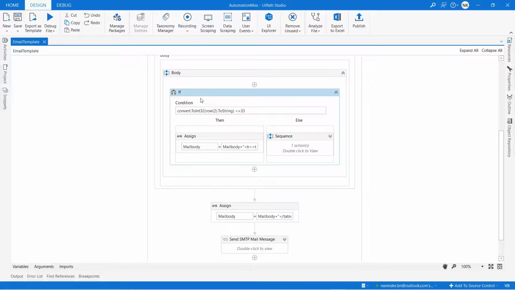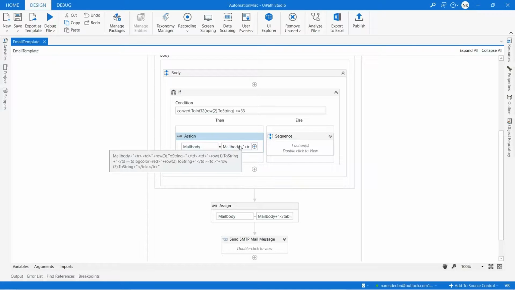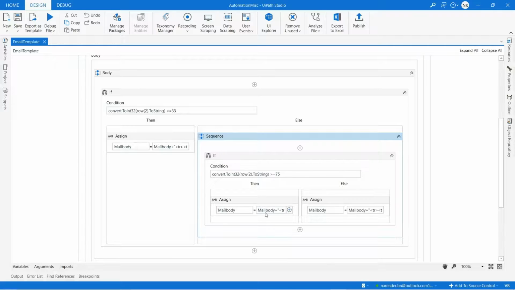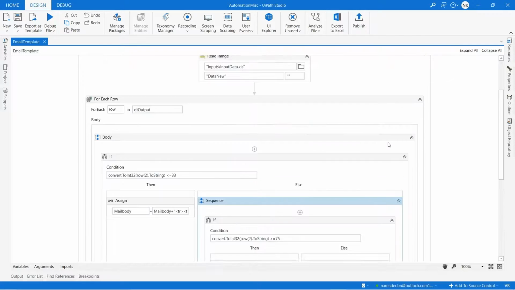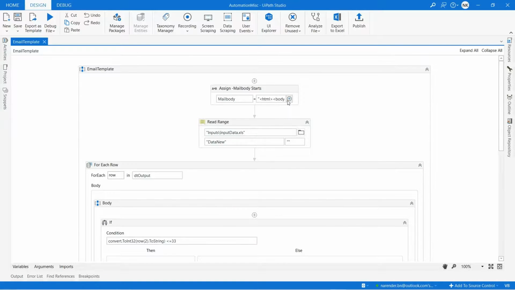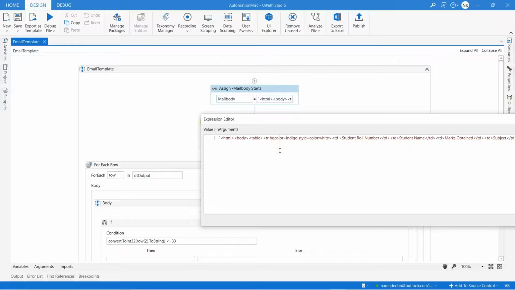Okay, basic conditional thing: we have added a condition, less than this. We defined a different tag here, and for the other conditions we are defining different tags, like colors or whatever colors we need, based on the condition. Okay, that's done. Now quickly do one more thing. We will add the heading of this mail, maybe something like an